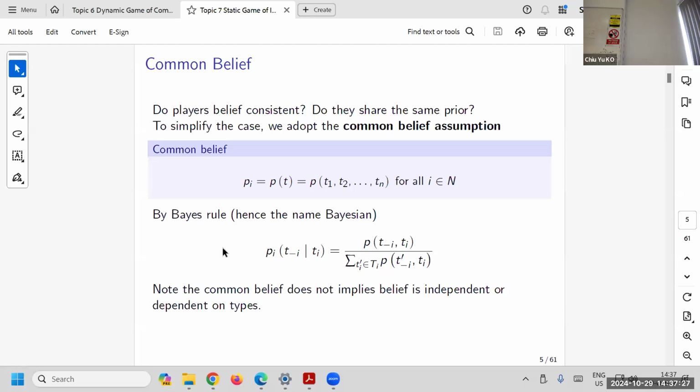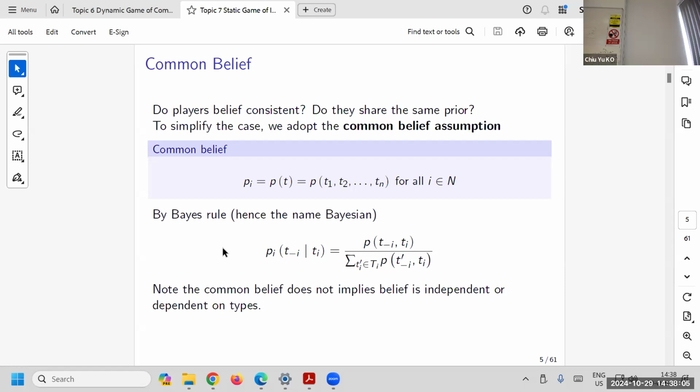So the most common assumption that we need to assume before we proceed is what we call common prior, common belief, which is something that we assume in almost most of the models we apply. I mean, there is of course a paper that tries to dispense with it. But what common belief means is that we start with a probability distribution determined by nature. Nature decides what the possible types of you and I can be, that comes from the small p. And this is the distribution of T.